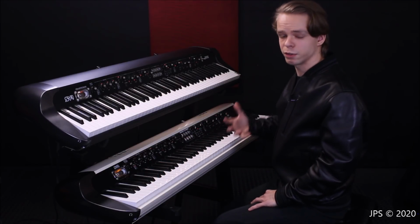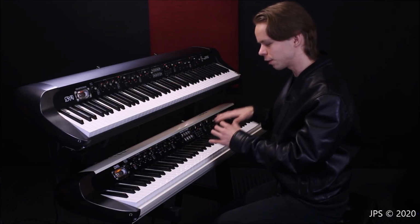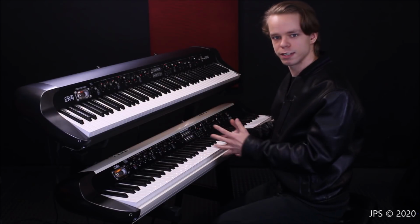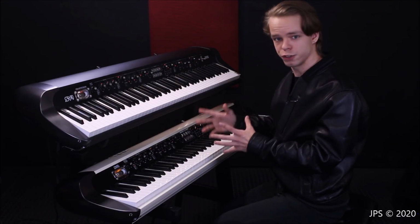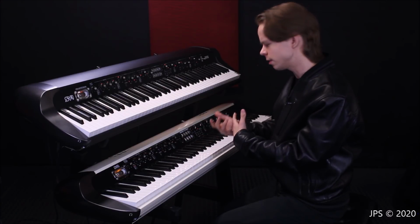As you can hear, that default piano is definitely different sounding. Up here on the SV-1, it's thinner and brighter, and down here on the SV-2, it's more mellow and a little bit more warm sounding. That's a very interesting difference in sound between the two, and it's just kind of neat that Korg is slowly changing the sound. I do think I like the sound of the SV-2 acoustic piano, at least this default one,